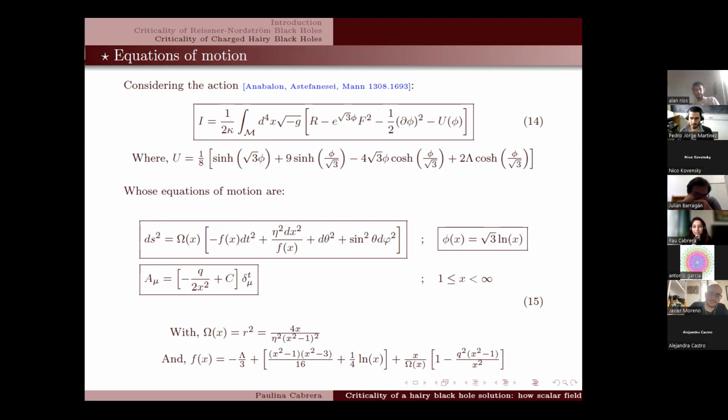And actually this is a particular case of a more general theory in which these solutions here, the ones Anabalón et al. found, are